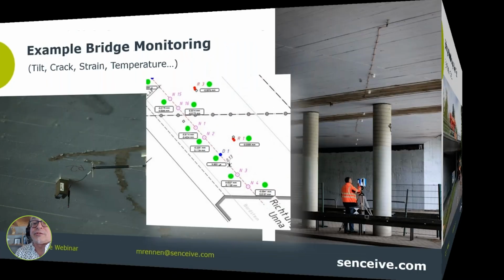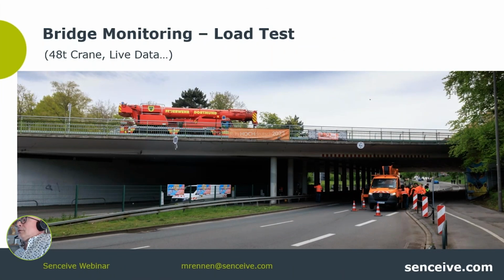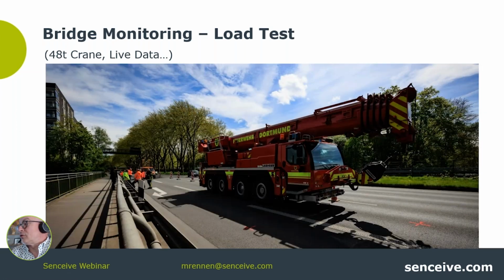And for this load test, a 48-ton crane from the fire brigades of Dortmund was placed at predetermined spots on the bridge. And better picture here, it's a huge crane and then they had exactly marked the place where the truck had to stand to cause a controlled maximum load at a certain point where we exactly knew